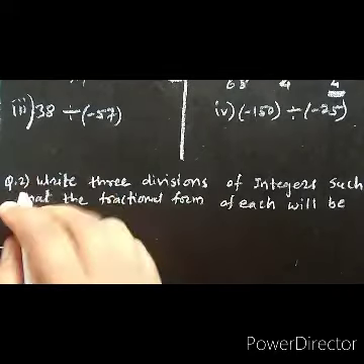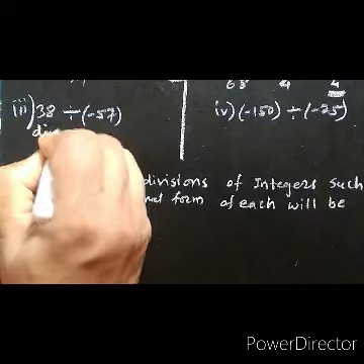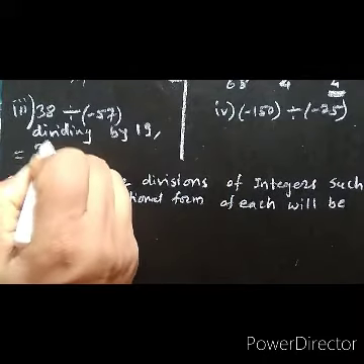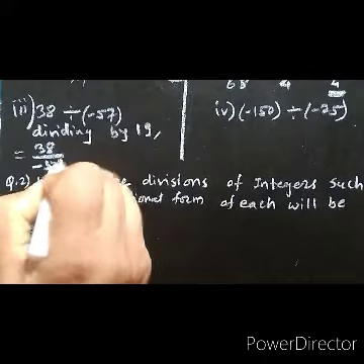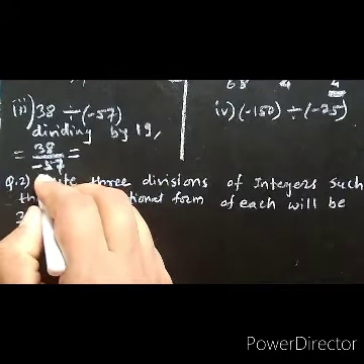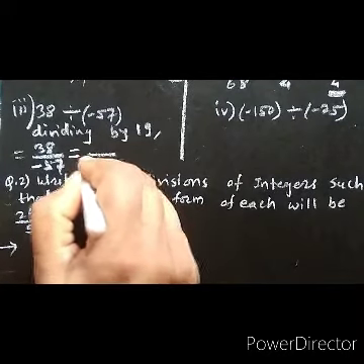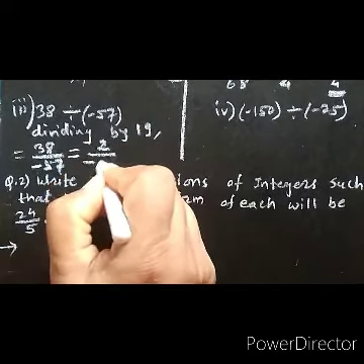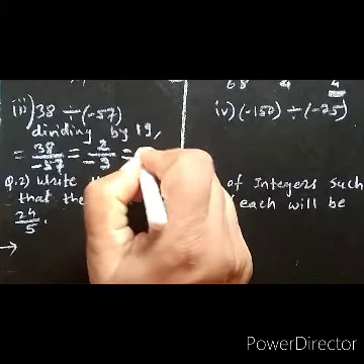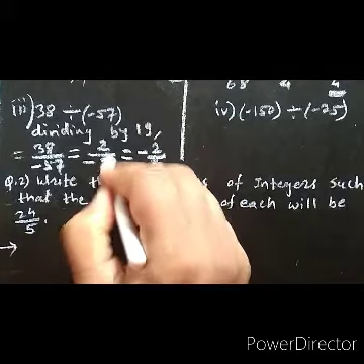Now next, in the third example, 38 divided by minus 57. Both these numbers are in the table of 19. Therefore dividing by 19, 38 divided by minus 57. Here, positive divided by negative, we will get a minus sign. See, 19 2s are 38 and 19 3s are 57. Therefore here we got 2 upon minus 3 or minus 2 upon 3. We can give the minus sign to any number.